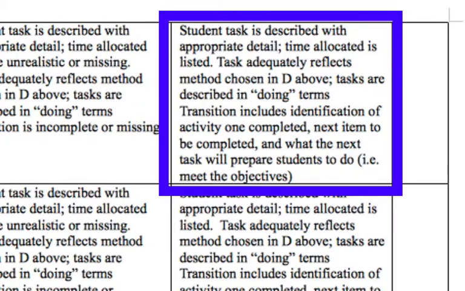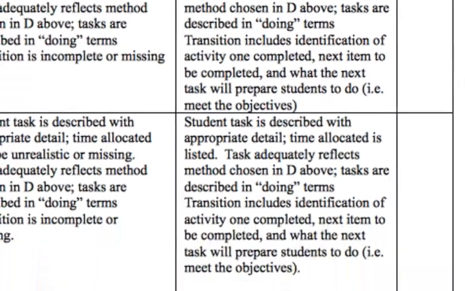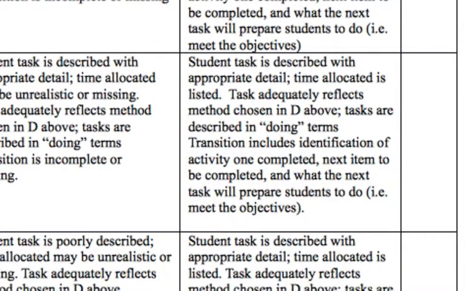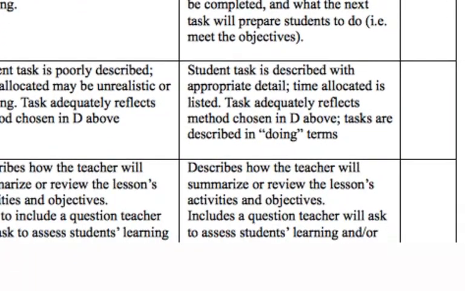In young learners, there is a plethora of transitions. A lot of the concepts in the young learners literature for transitions will also work for older learners. A lot of transitions also have to do with routine and teaching a routine. And then activity 2 and activity 3, again, exactly the same thing, graded the same way. Just make sure that your transitions make sense. And finally, closure